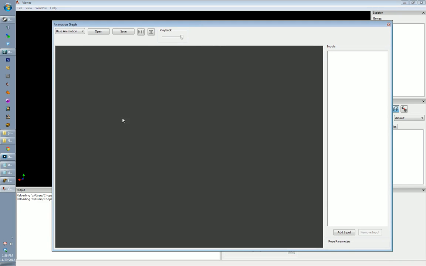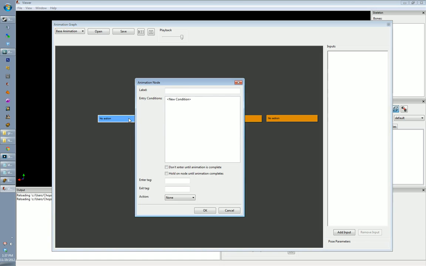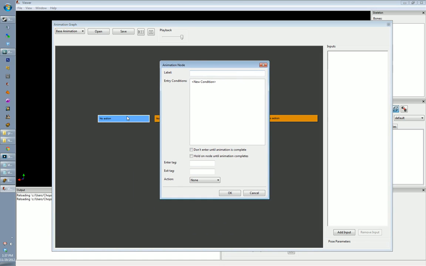It has a few features. Right now it's just a blank, but what we want to do is start adding nodes, and these nodes will house the animations that we want to play, and then we can choose how they interact with each other. In this case, I want to have 4 different animations. So I'll double click the animation node here